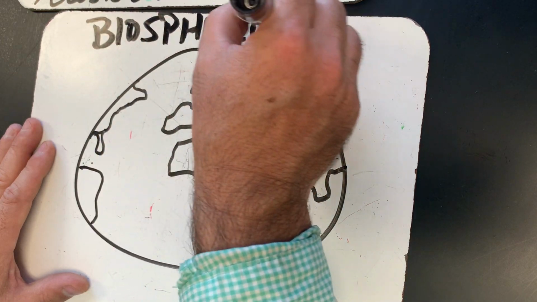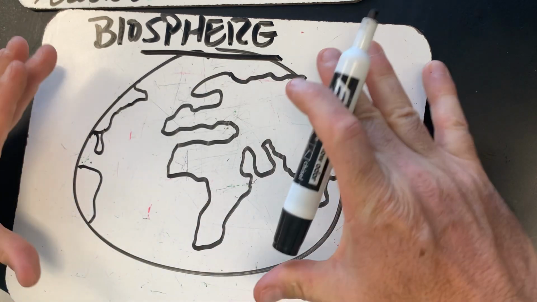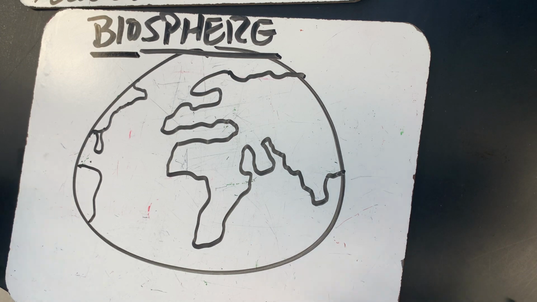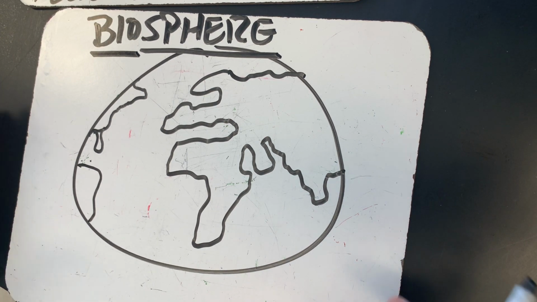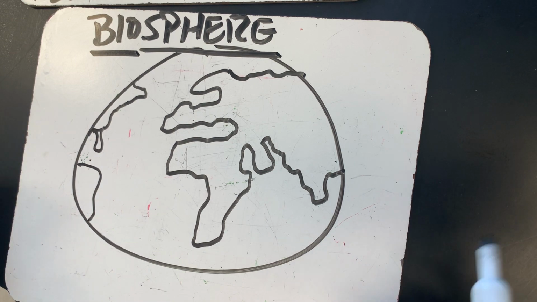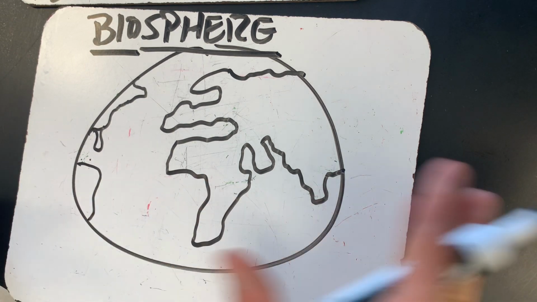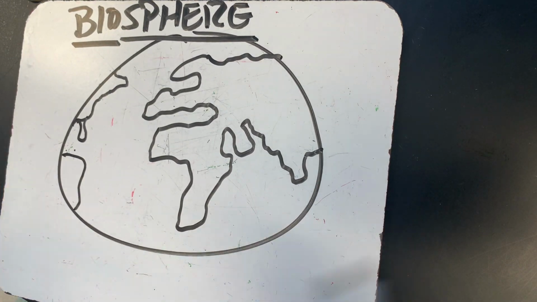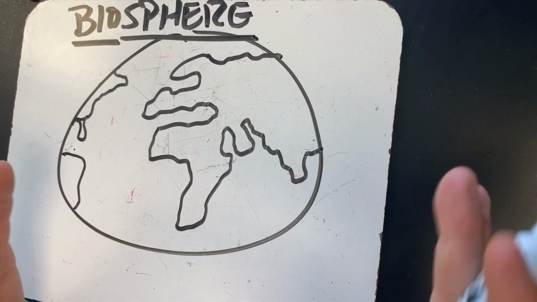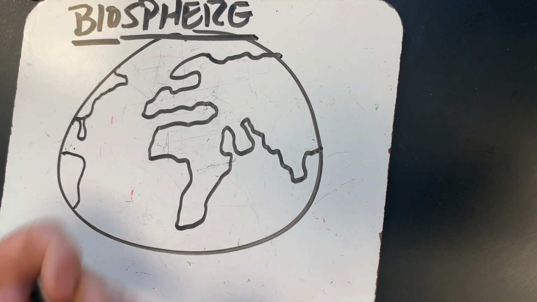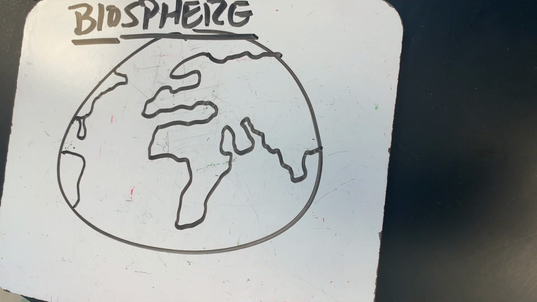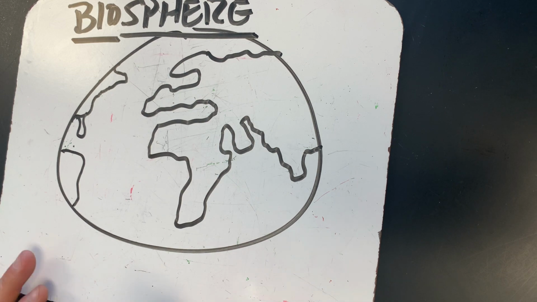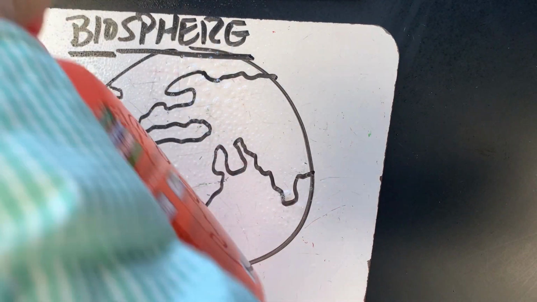And again, a sphere is just a ball, right? So the Earth kind of looks like a ball. It's a sphere, and it's made partly of life. It's the only planet that we absolutely know of at this point that has life. It's very likely there are other planets that are biospheres as well, but not all planets are going to be biospheres. Mercury is really close to the sun. It's very hot on one side and pretty cold on the other, but it doesn't rotate. So it's probably not a biosphere, but our planet is a biosphere.